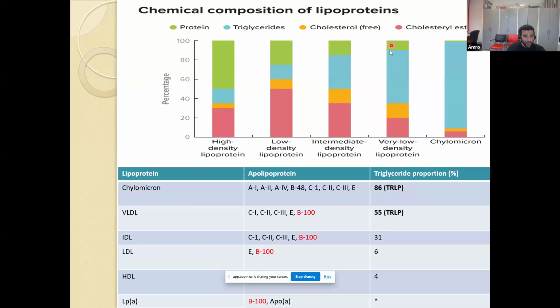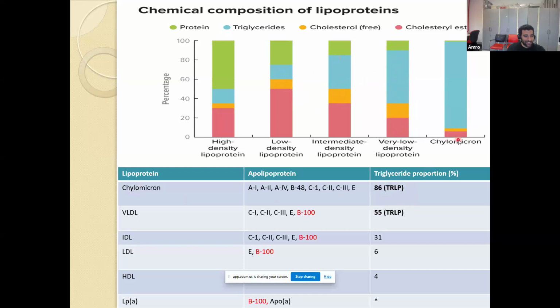When you move down to very low density lipoprotein, the triglyceride concentration drops to 55%, and then you've got about 45% cholesterol. And then as you get to intermediate density lipoprotein and low density lipoprotein, the triglyceride concentration drops further,